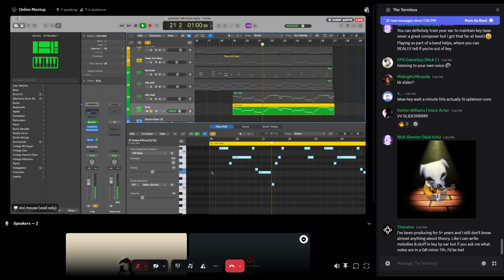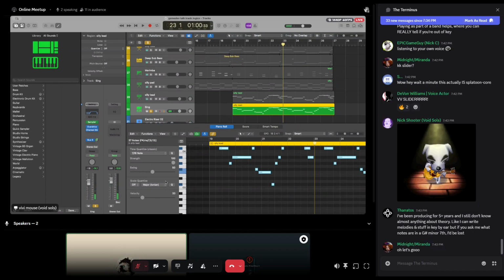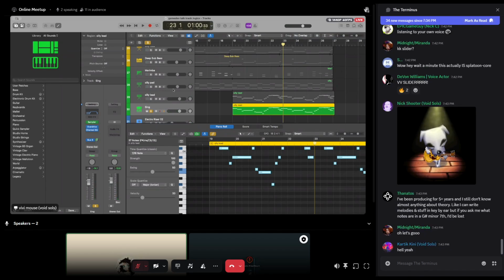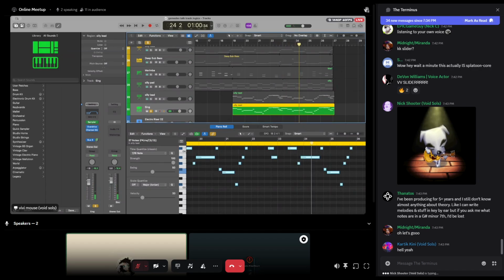There he is. That's KK Slider for real. Let's make that monophonic so that there's not a million of him. Details, mode, legato. Okay, that's KK Slider.